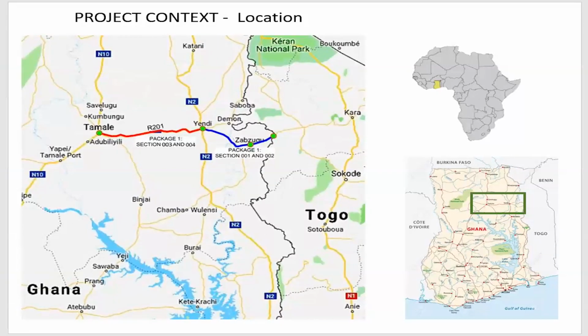So from Tamale, we go to Yendi, about 106 kilometers, which is basically a rehabilitation because the existing road was there. And then from Yendi, we go to Zabzugu and drive to Tatale. That route is the R201, which we believe we must reclassify into a national route because of its characteristics connecting us